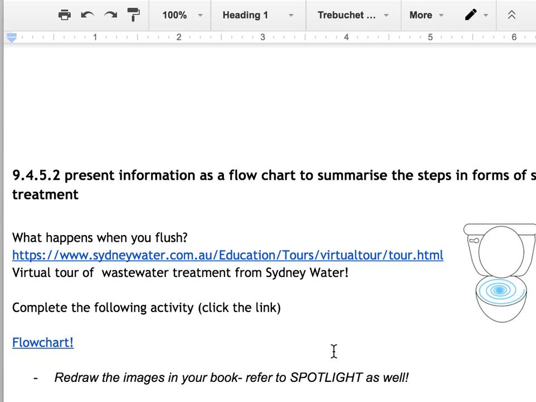For the last dot point, we can't visit the sewage treatment area, so I've got this virtual tour, and you can look for some others as well. You might be able to find other countries, but this one is in New South Wales. It's from Sydney Water and goes through the treatment of wastewater. Also, you can refer to your Spotlight booklet that has an image in there, and your textbook should go into some of